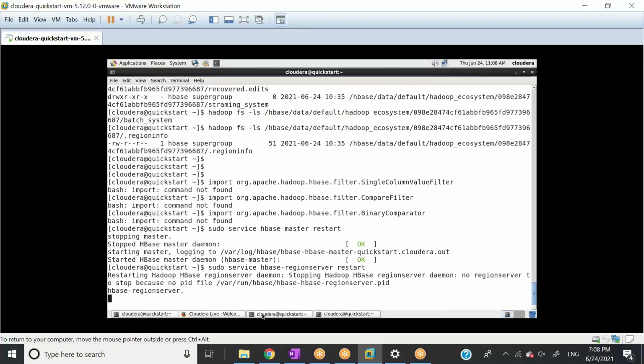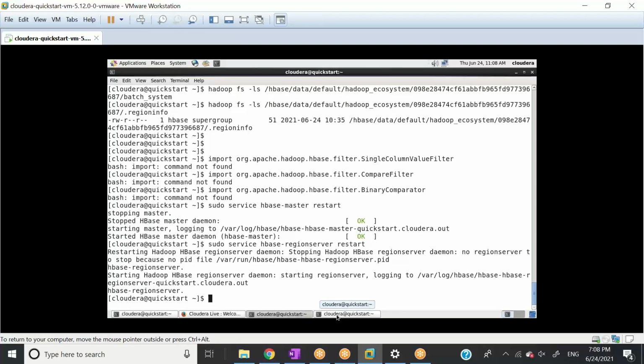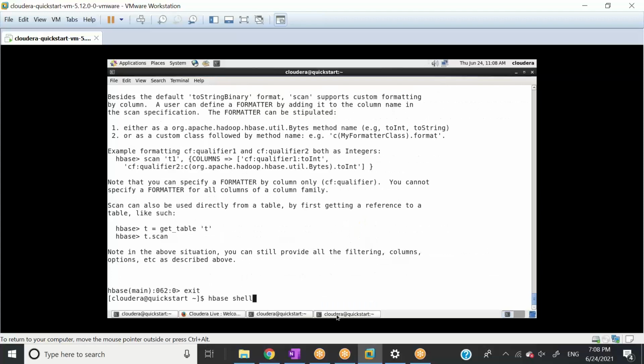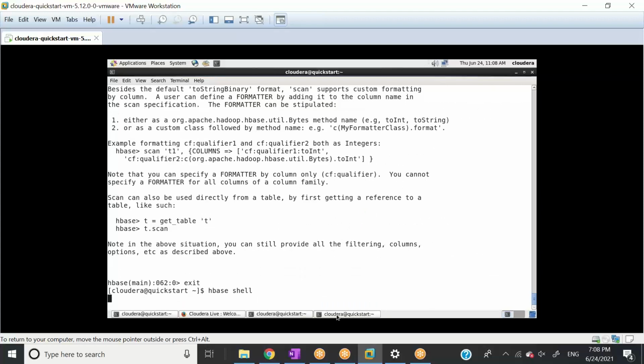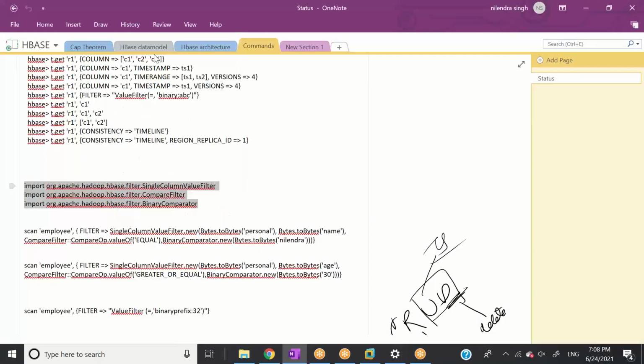Ideally this should work, and then we will start the region server. It is good, and let's say we go for the HBase shell now. Let's copy this.